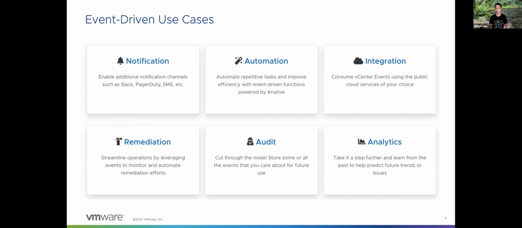Next, we look at things like automation and integration, right? This is now you being able to write a piece of code and scripts, right, that might make changes to your infrastructure. For example, maybe a VM gets powered on, you want to automatically apply a particular vSphere tag based on where the VM should be deployed to. Maybe you might want to integrate with internal IT services that you have within your organization.